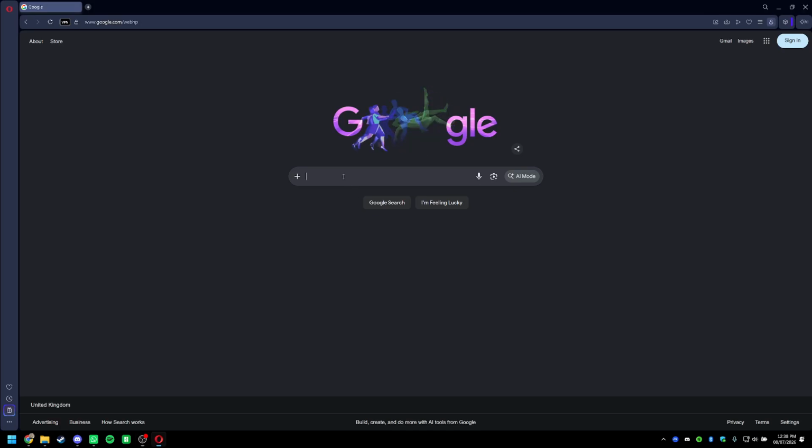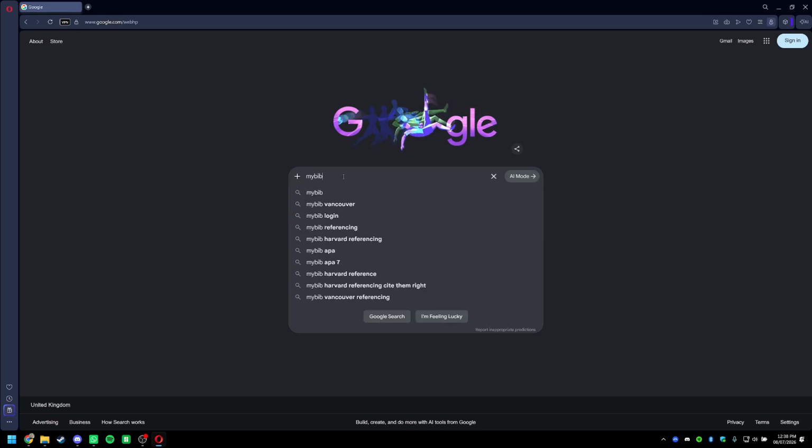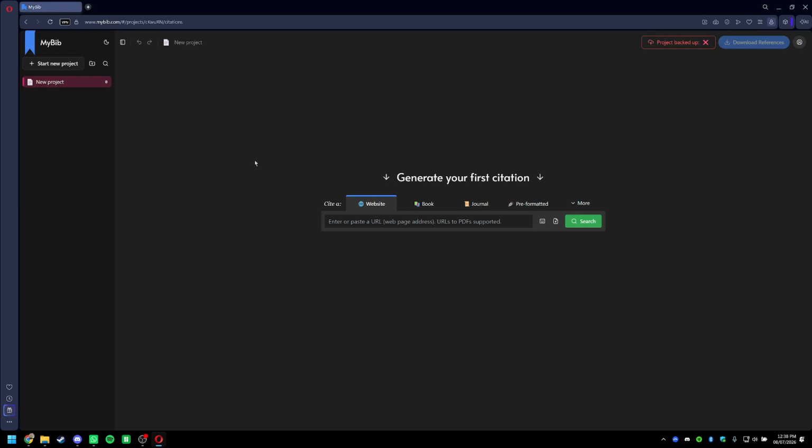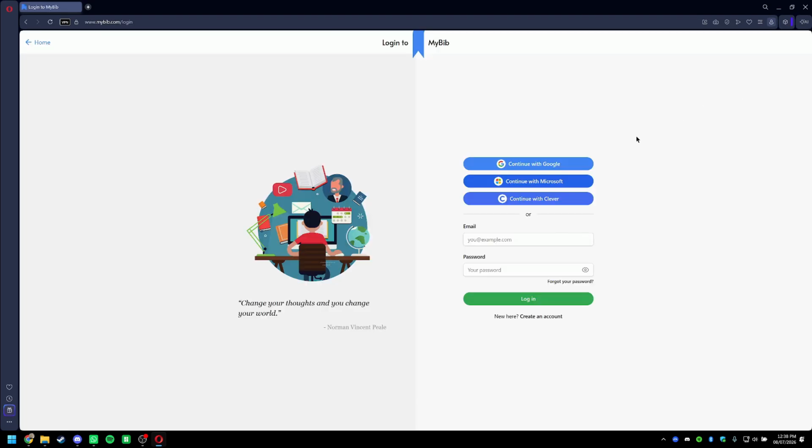So firstly, to find MyBib, we're going to type it into Google, or you can type the URL into the search bar above, and it will be the first result, and then we will be met with this page. So firstly, I can recommend for personal preference you can do dark mode or light mode, and then what I recommend you do is you go to the top right corner here and then you press log into MyBib,